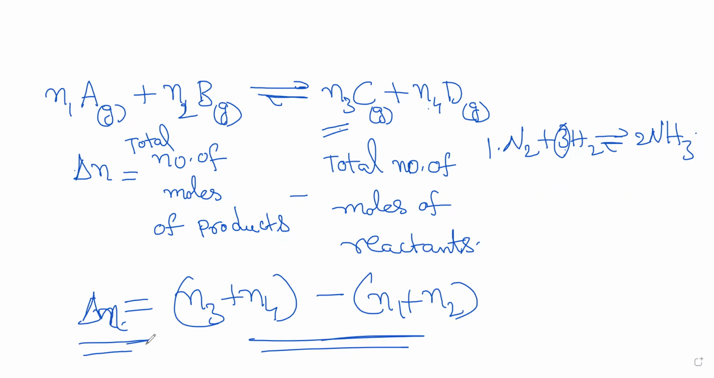Noted, sir. Right, good. Now we will derive the condition Kp is equal to Kc into RT power delta N. We will derive that condition. So for that, let us write Kp. What is Kp? We'll consider n1 A plus n2 B, all are gases,